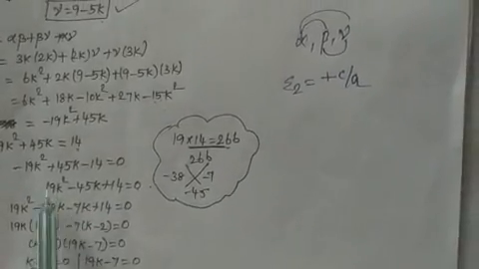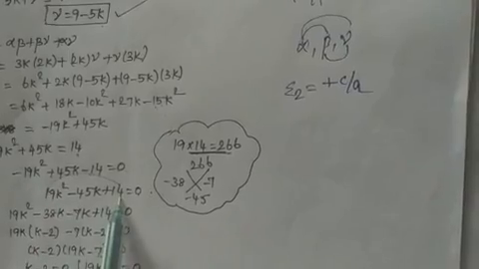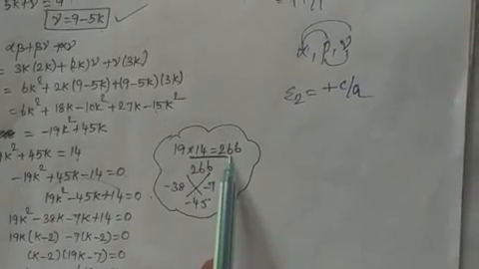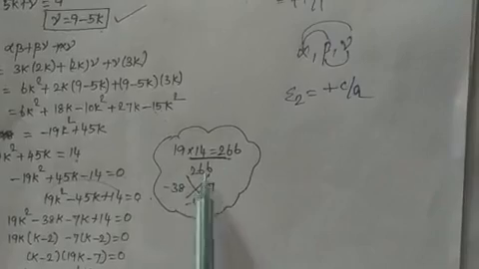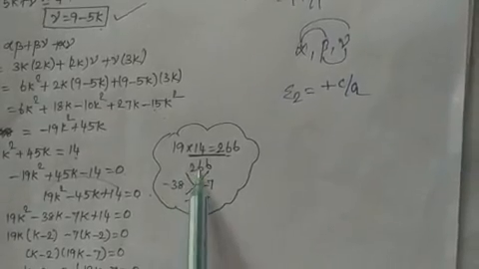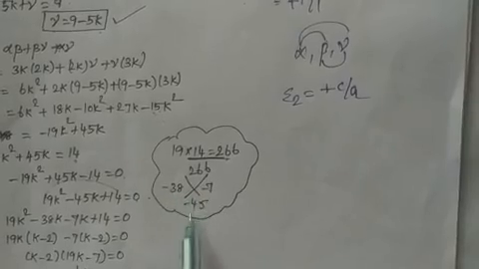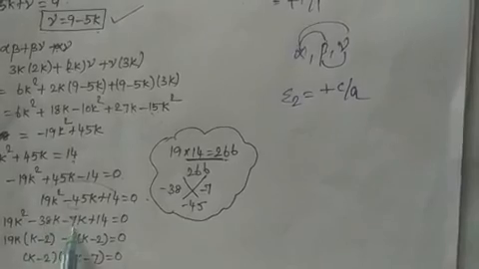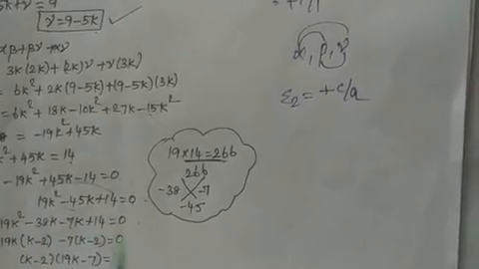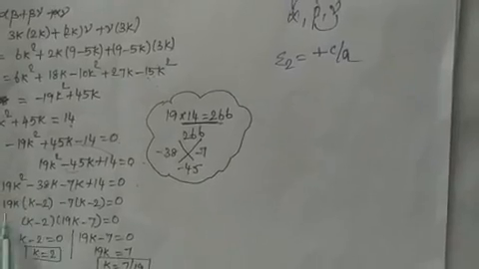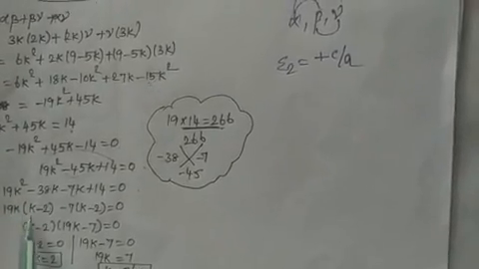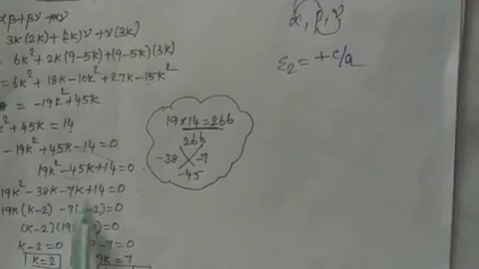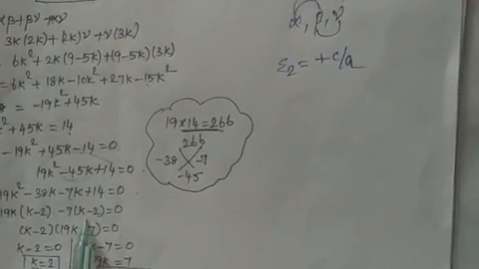So what are you going to do? See, what is 19 into 14? 19 into 14 is 266. If you take a sum and a product, what will be the answer? 38 into 7 will be 266. If you add these two, we get 45. So minus 45, I'm going to write as minus 38k minus 7k plus 14 equal to 0. From these two, I'm going to take 19k as common, so k minus 2. From this, we can take minus 7 as common. The balance will be k minus 2.